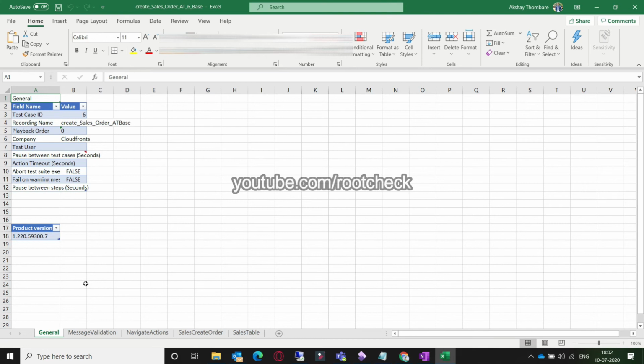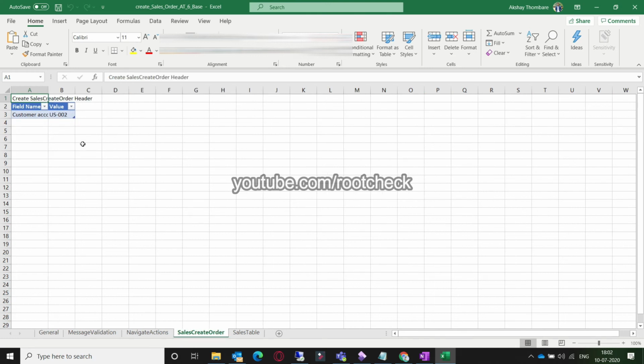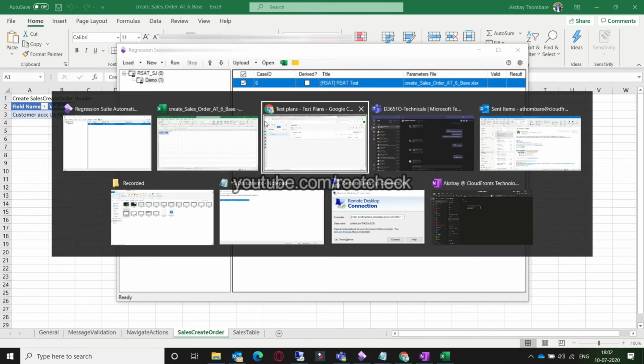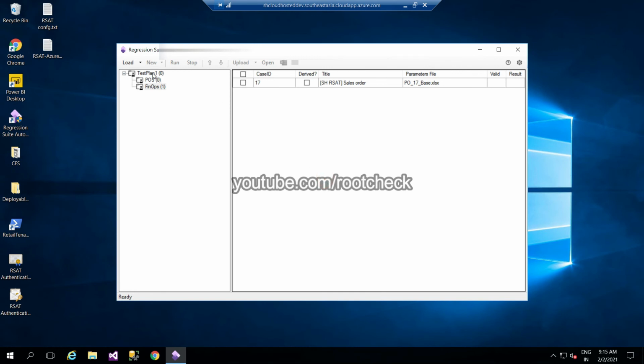So this is the Excel file, which is the artifact or parameter file for this test case. Here you can change various options, and once you have saved the changes in the Excel file, you just need to run the test case. So just open your regression suite tool, and once you click on the run button, it will start performing some of the